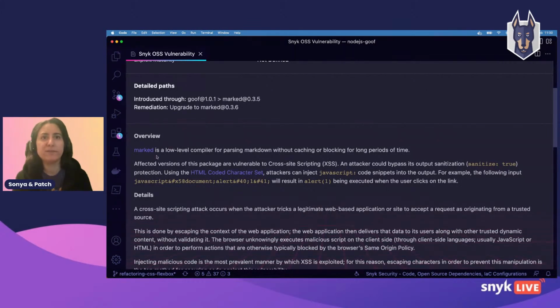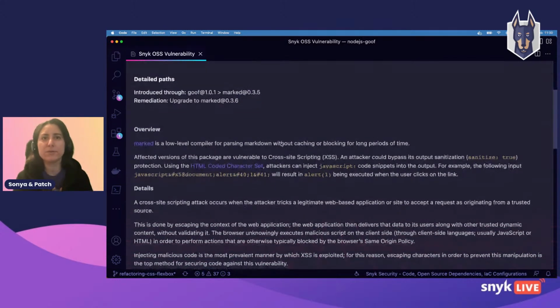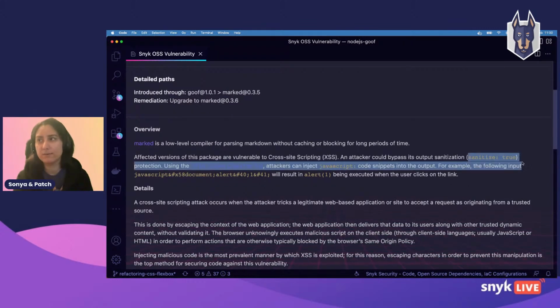So there's a little bit of definition around marked, which is a low-level compiler for parsing Markdown without caching or blocking for long periods of time. Also, it allows us to use Markdown within our project. But the most interesting bit is here. So the affected versions of this package are vulnerable to XSS. An attacker could bypass its output sanitization protection, the one that I've just showed you, by using encoded URL, encoded HTML.